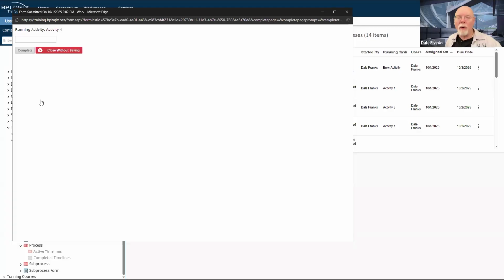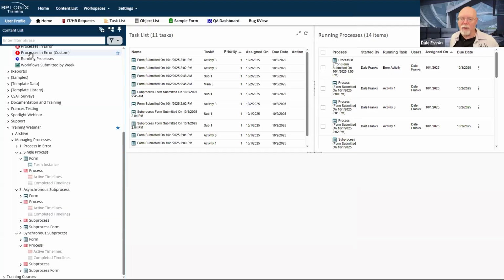And so for people who are not yet running the activity that you deleted, I replaced it with activity 4. So now when I complete activity 1, I'm just going to go straight to activity 4. If I complete activity 4, I'm going to go straight to activity 3. And ultimately, I will complete my process, and that will all be done.